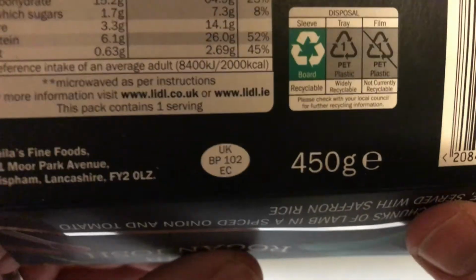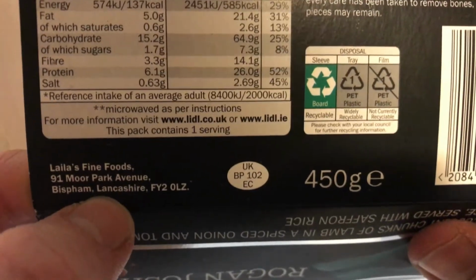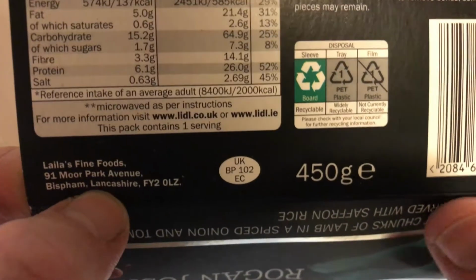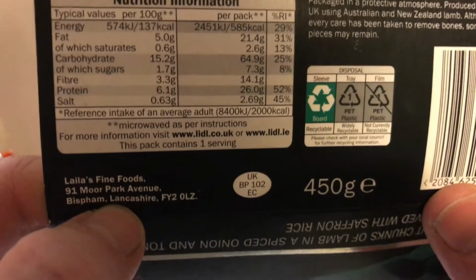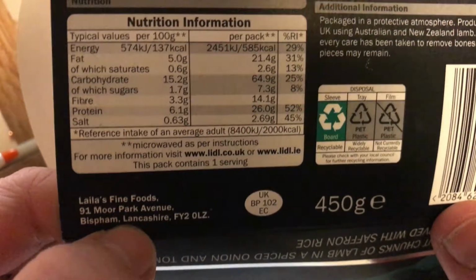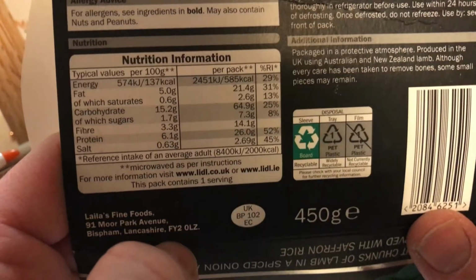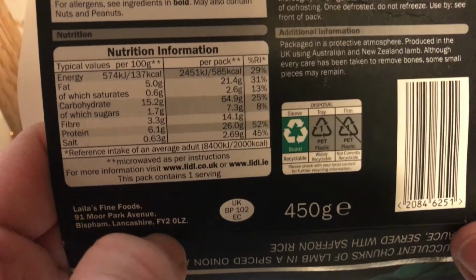The other thing I noticed was that rather than saying produced for Lidl stores, it just says at the bottom here, Layla's Fine Foods. And I thought, well, that's weird, maybe Lidl have got some other brands in. I know they sometimes do the big brands, the cheap stuff, but it's not often they have small companies in. And then I looked up and I saw it says Lidl there, and I thought, do you know what, they're probably just trying to gloss over the fact that it's a Lidl own brand